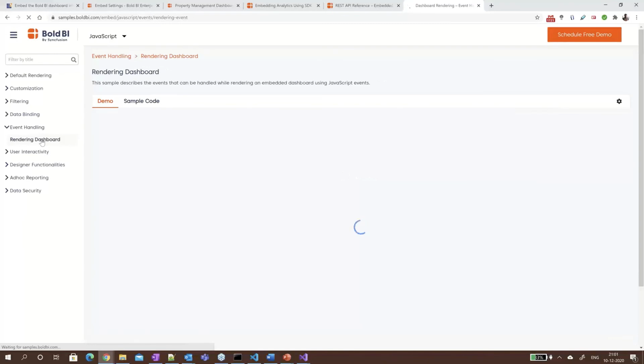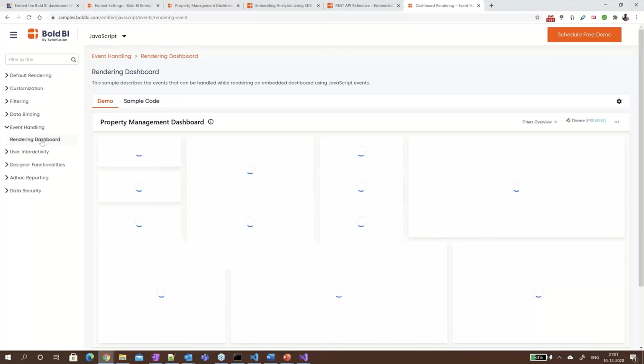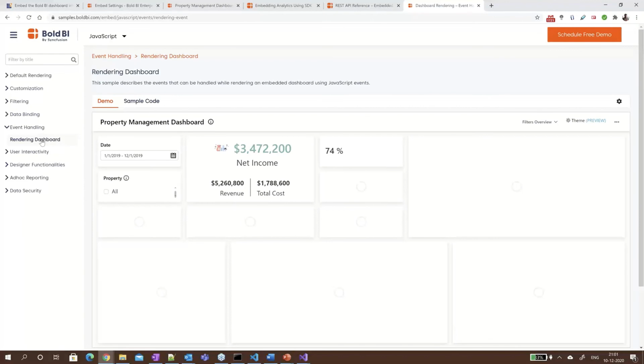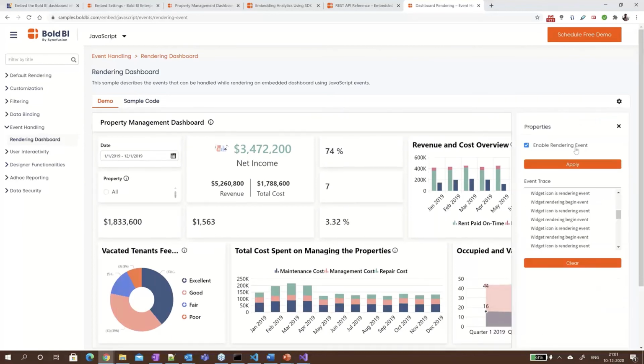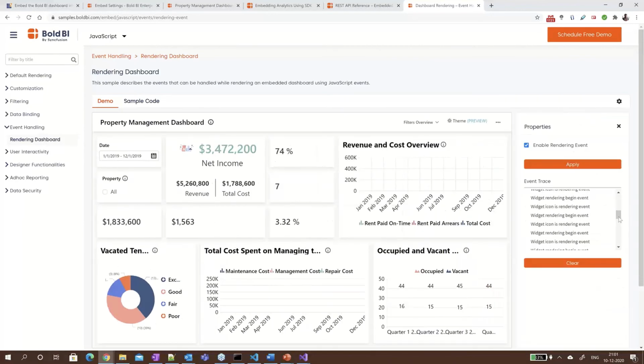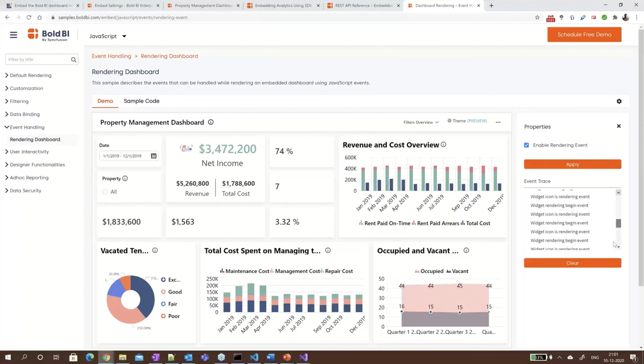Next one is rendering event. We have exposed it so that you can use it for manipulation at your client browser end. So these are the event traces we can see on loading this dashboard.